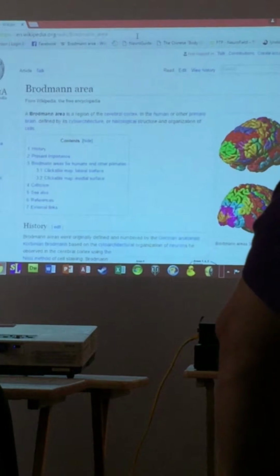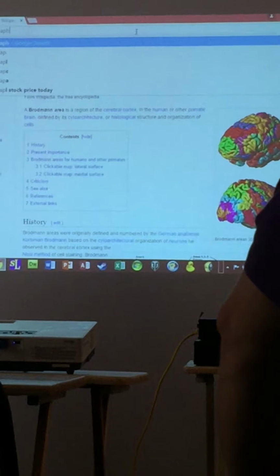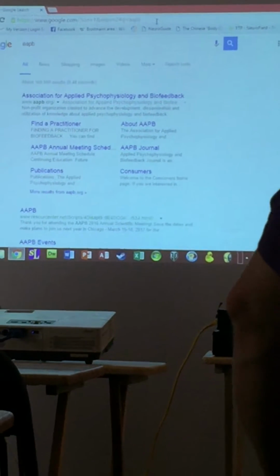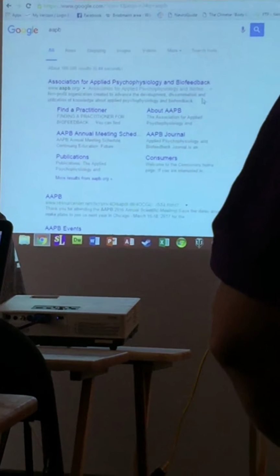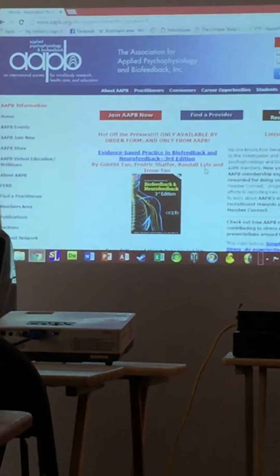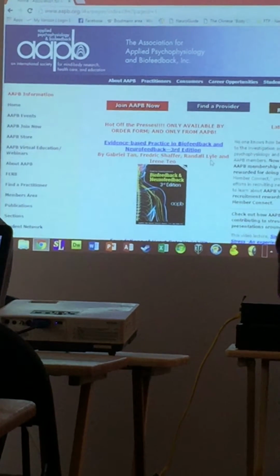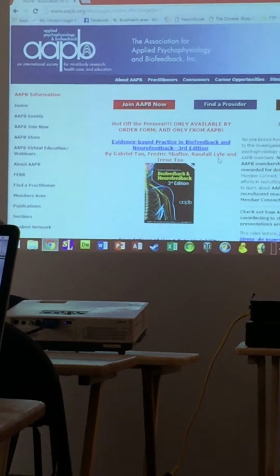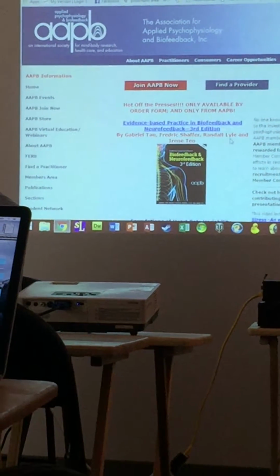Now, I like to actually hold a book. Call me old school, but if you go to the aapb.org website, this is the Association for Applied Psychophysiology and Biofeedback.